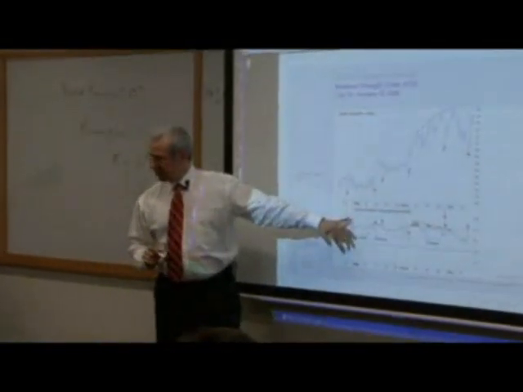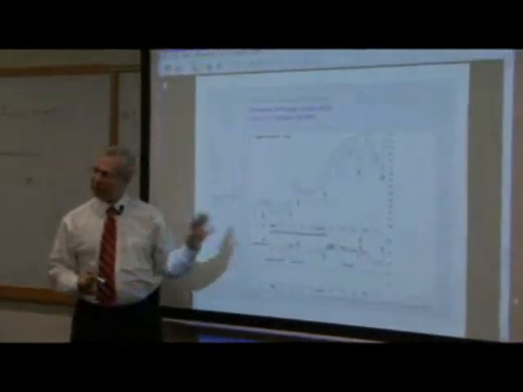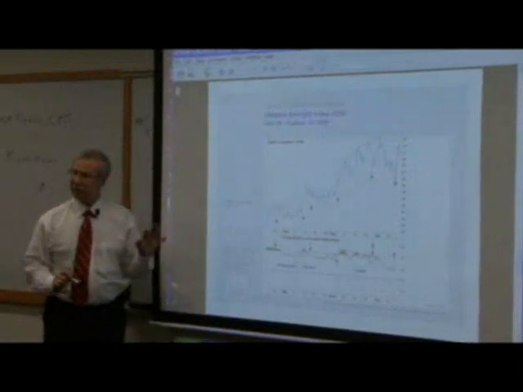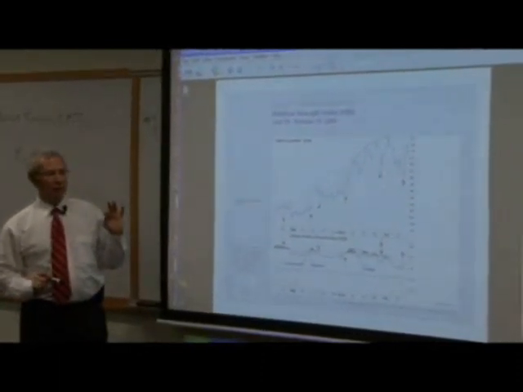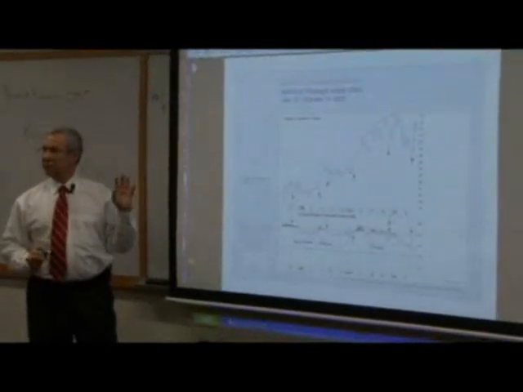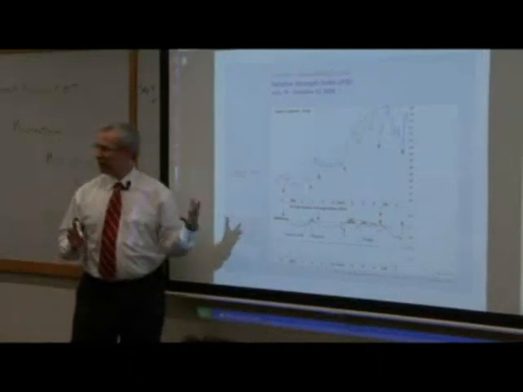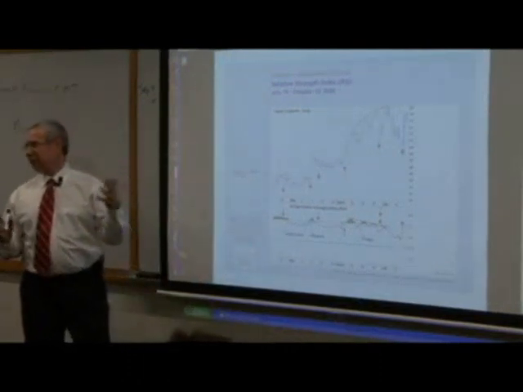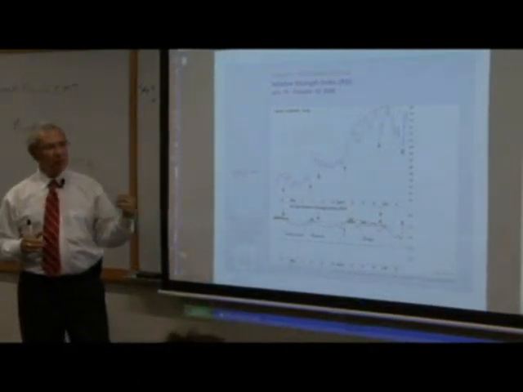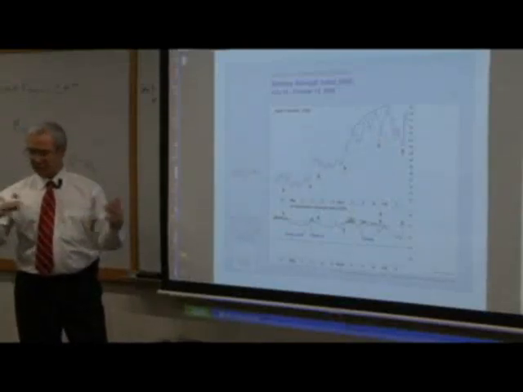The original study was done on a 14-day period, half of the 28-day cycle. Wells Wilder was looking around in the 70s. We had very poor tools in the 60s and 70s to trade sideways markets. You might want to think about the last secular bear market in the U.S. stock market, which was kind of 1966 to 82. The Dow went from 500 to 1,000 for all those years, back and forth, back and forth.